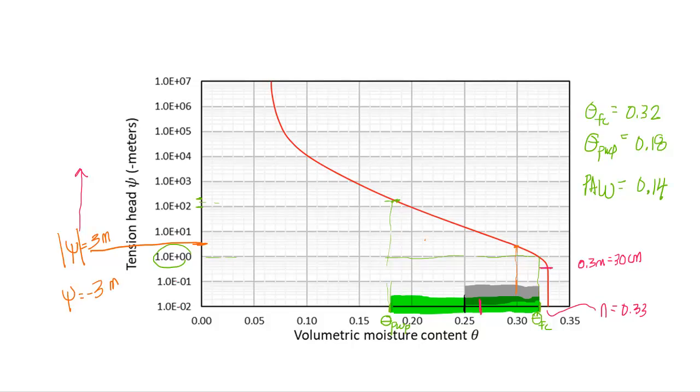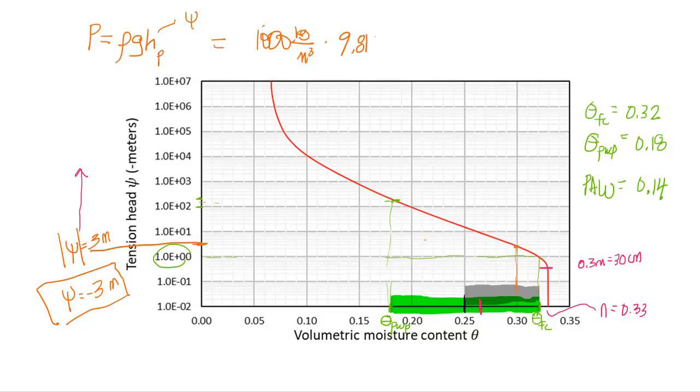So what we merely need to do is convert this value of pressure head to pressure. And remember, the relationship is that the pressure equals rho g times the pressure head, or the matrix potential. So this is equal to 1,000 kilograms per cubic meter times, we're going to do everything in the MKS system, 9.81 meters per second squared, times our pressure head, which was minus 3 meters. And when I multiply that out, I get